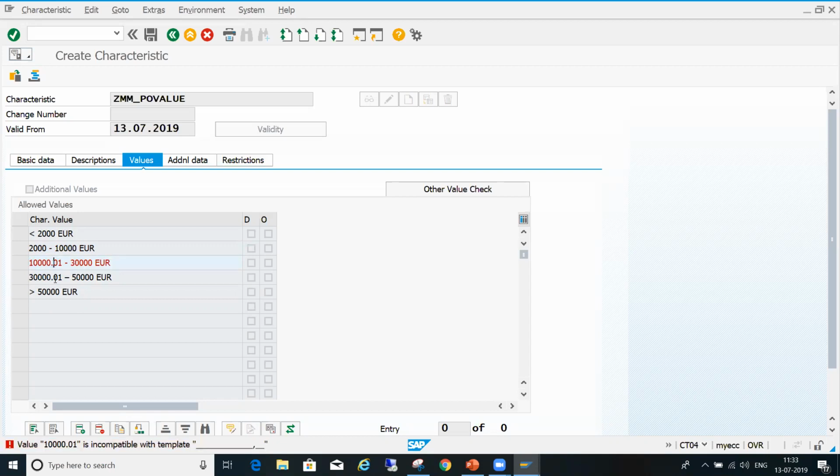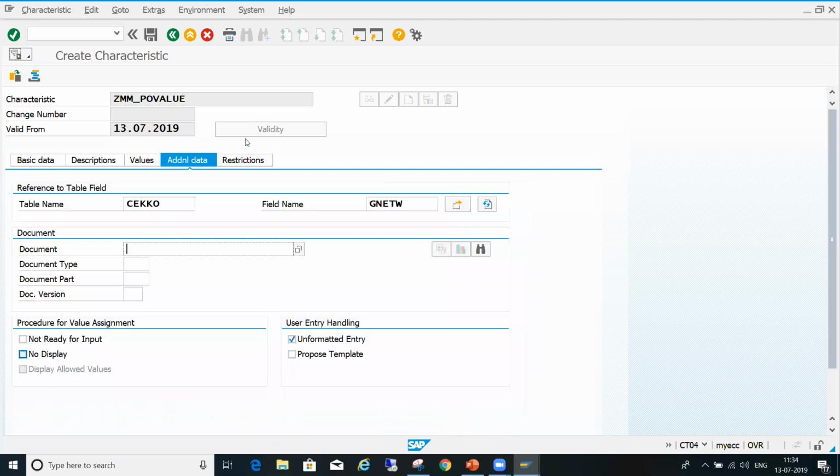This one should be a comma. Then one space, EUR. This one also has to be a comma. So this one, space bar, 50,000 EUR.